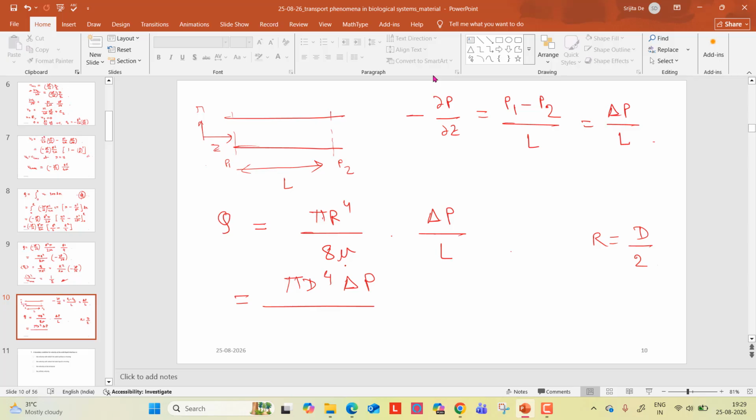Yes, we are for 16, and 16 into 8 is 128 mu L. Okay, this is the Q. Now if you want to solve for delta P, this is also a very important equation. You should remember it. Suppose I am now solving for